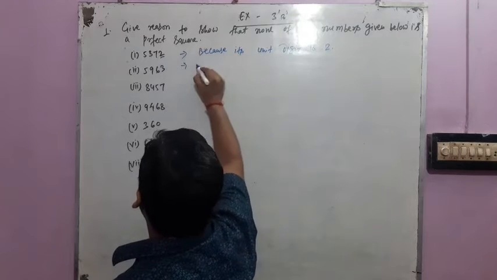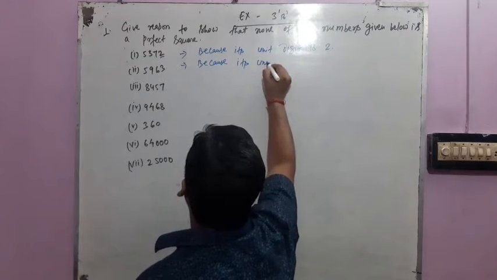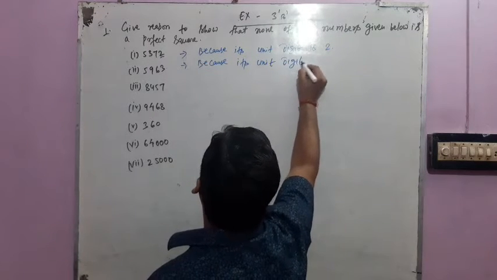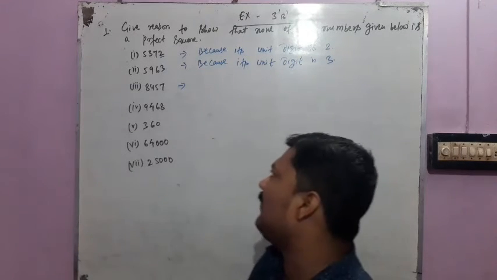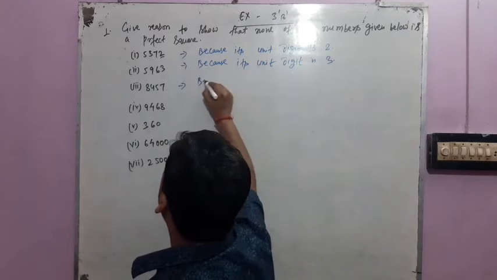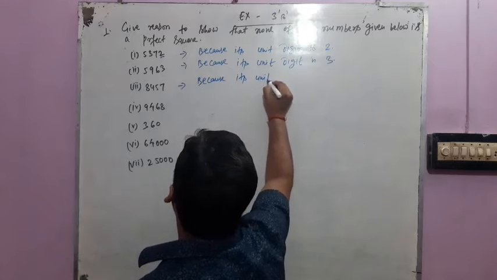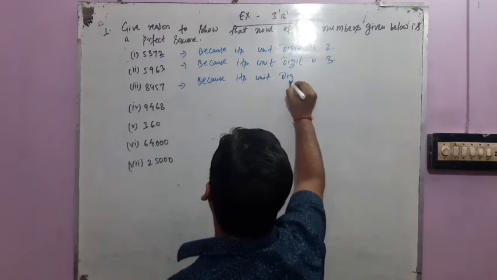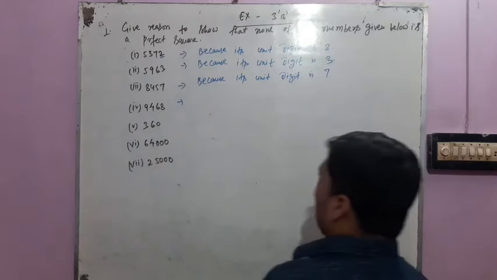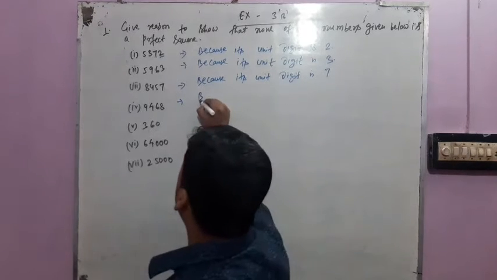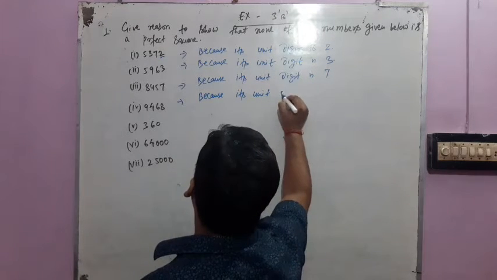3. So we have to write here because its unit digit is 3. 8457. Why is it not a perfect square? Because its unit digit is 7. Why is 9468 not a perfect square? Because its unit digit is